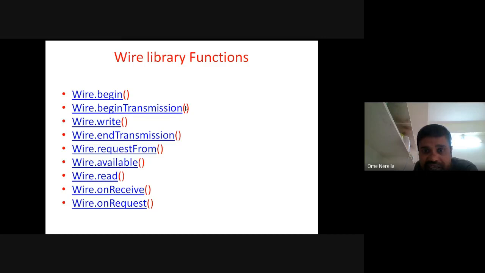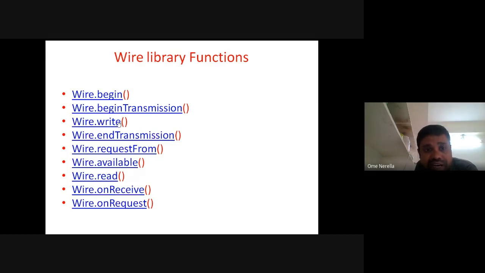Okay. Wire.beginTransmission: within the brackets there is a device address. It is used to start the transmission with the specific device address. Transmission says whether it is read or write. Transmission says that it is only write. Okay. These three things are done by a single function. Wire.beginTransmission indicates the start of the transmission, the device address, and the transmission itself, the write operation.